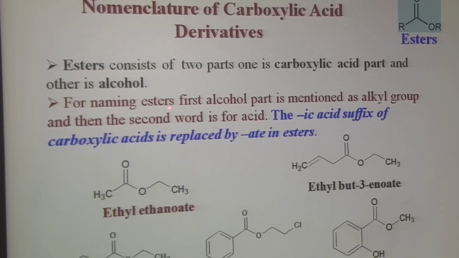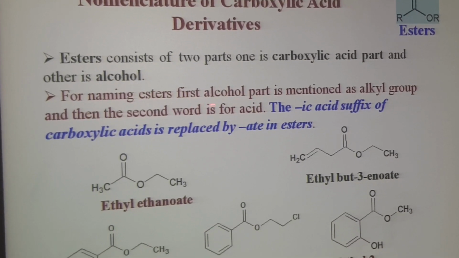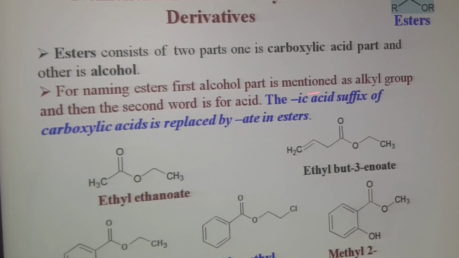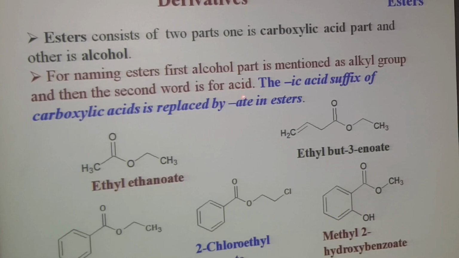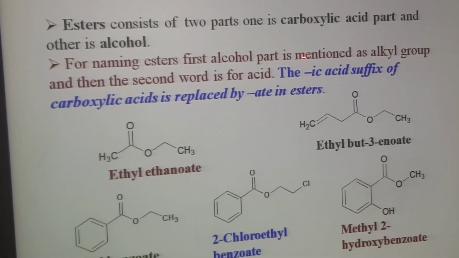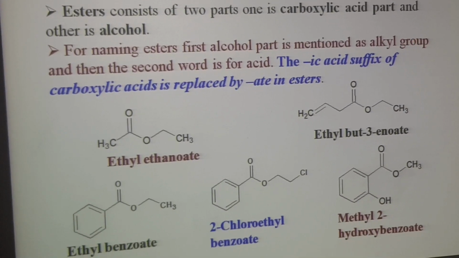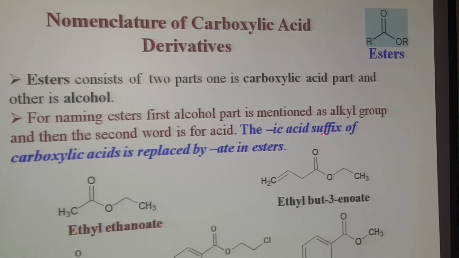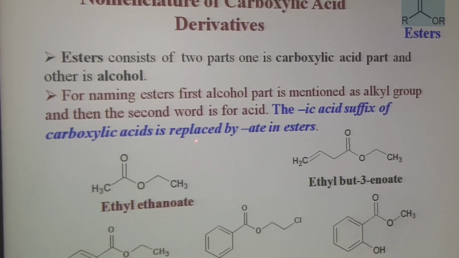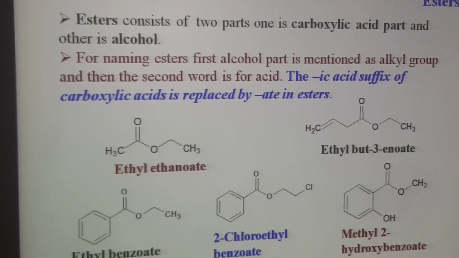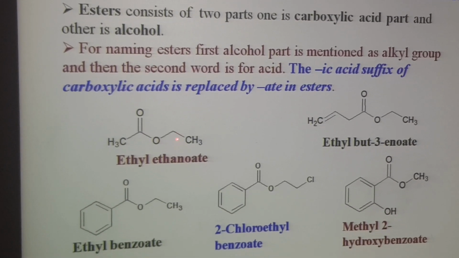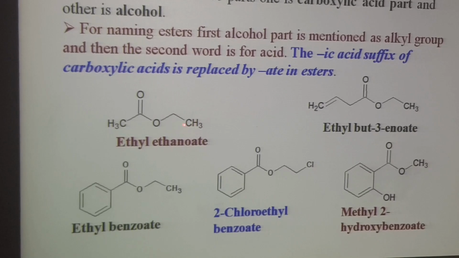For naming esters, first we have to mention the alcohol part, and then the second part, or second word, is for the carboxylic acid. So the alcohol part is mentioned as an alkyl group. The ic acid suffix of carboxylic acid is replaced by ate in esters. First example: here you can see a 2 carbon alkyl group, it is ethyl